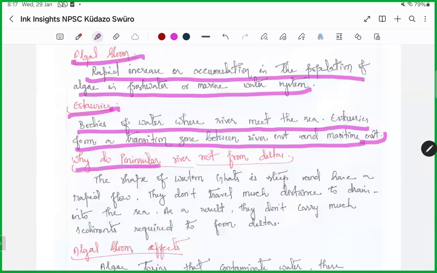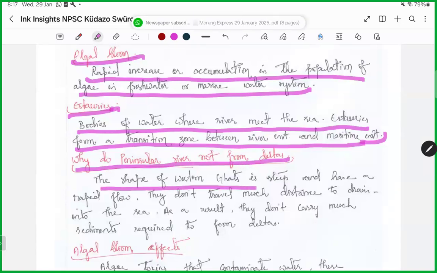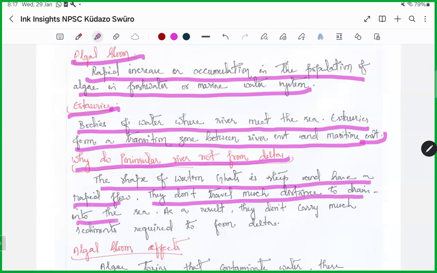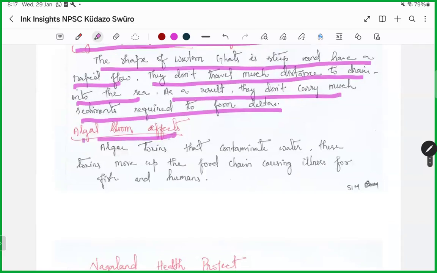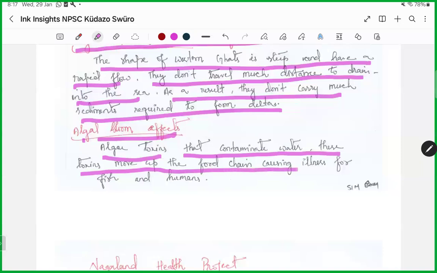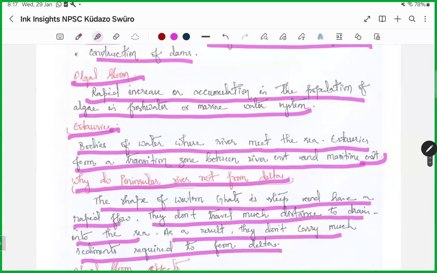Now, why do peninsular rivers not form deltas? The slope of the Western Ghats is steep and the rivers have a rapid flow. They don't travel much distance to drain into the sea. As a result, they don't carry much sediment required to form a delta. Here is the algal bloom effect: toxic algae produce toxins that contaminate water. These toxins move up the food chain, causing illness for fish and humans. Okay, so these are a few